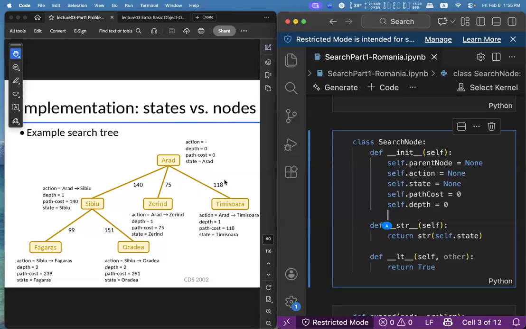When we pick a leaf node in the search tree for exploration, that node is removed from that data structure.